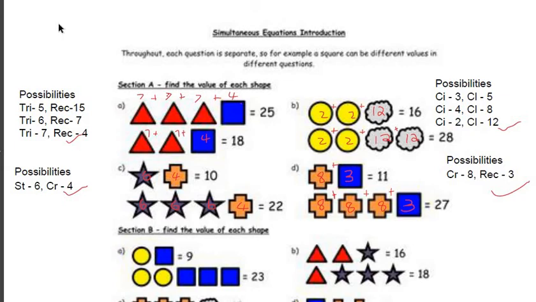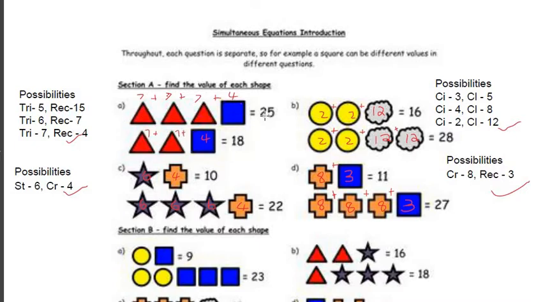Hi students. Today we'll be continuing our lesson on simultaneous equations. In the previous lesson you were given some shapes and tried to figure out what the value of each shape is. So for item A you are given